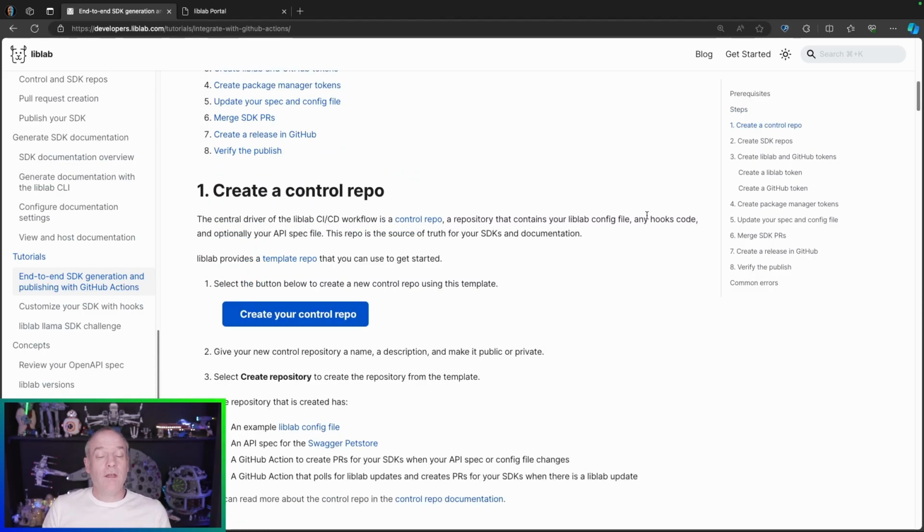So the central driver for your CI/CD workflow is what we call a control repo. This is a repository that contains everything you need to control your SDK generation. This is kind of the source of truth for your automated SDK generation. Inside this repository, you would have your API spec potentially, if you're not accessing it from an API endpoint. You'd have your Liblab config file, and this config file defines how your SDK is built. Things like the name of the SDK, the spec file that you're pointing to, what programming languages you want, and